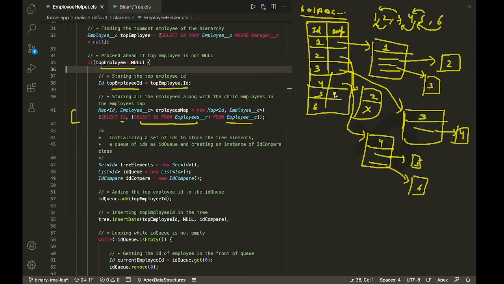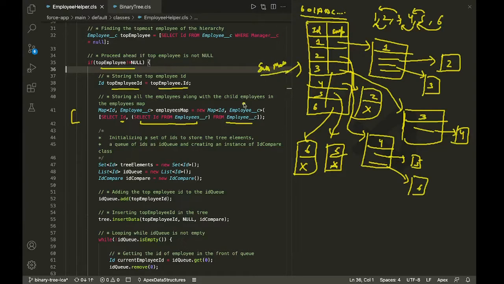For 5 and 6, again, we are going to have employee records. So 5 is also going to have an employee record, and 6 is also going to have an employee record. So let's say we have 6 here and we have 5 here. And for 5 and 6, I'm not going to have any employees reporting, because none of the employees report to 5 and none report to 6 either. So I can say this is blank. No list is present here. Okay, so that's how the records are being queried, and this is the employee map that we are talking about.